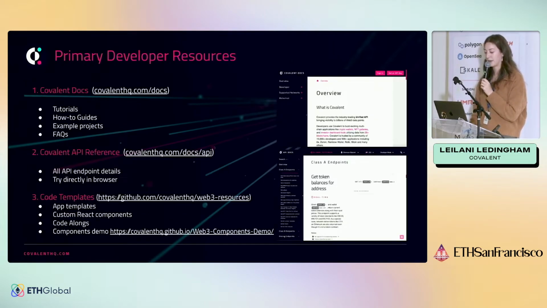Okay, so I'm going to open up the links. There's basically 3 primary resources. One is our knowledge base, so that has things like tutorials, how-to guides, example projects from past hackathons, so you can get inspiration from that, as well as just general API info. And the second is our API reference. That's where you can actually try all the endpoints live and see what the response looks like. And then 3 is our code